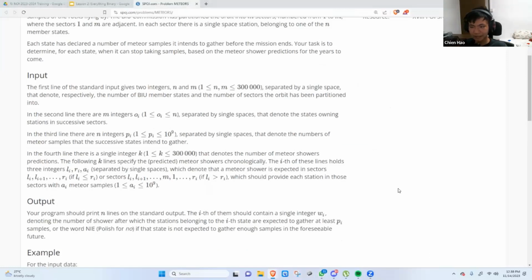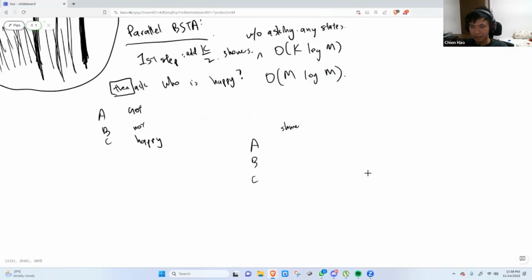Okay, but everything is indexed by i. So I'm just going to say shower 1 all the way to shower K, right? If I go up to K over 2, then for the people that are not happy, we know their happiness is probably lying somewhere. For example, A is not happy, B is not happy, and C is happy. For the states that are not happy, we know the happiness,